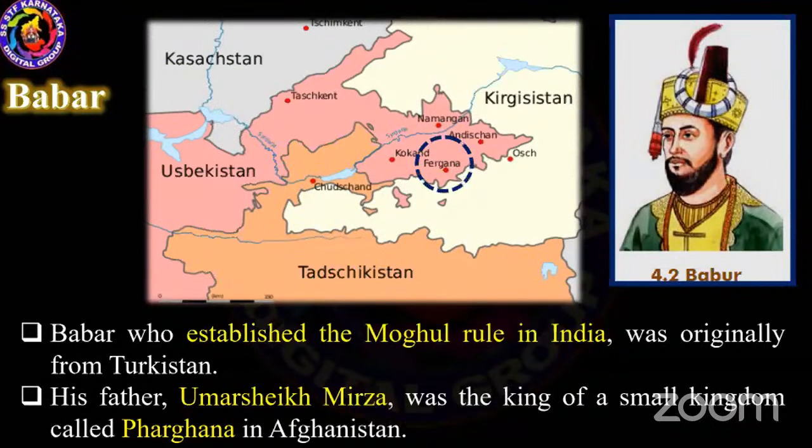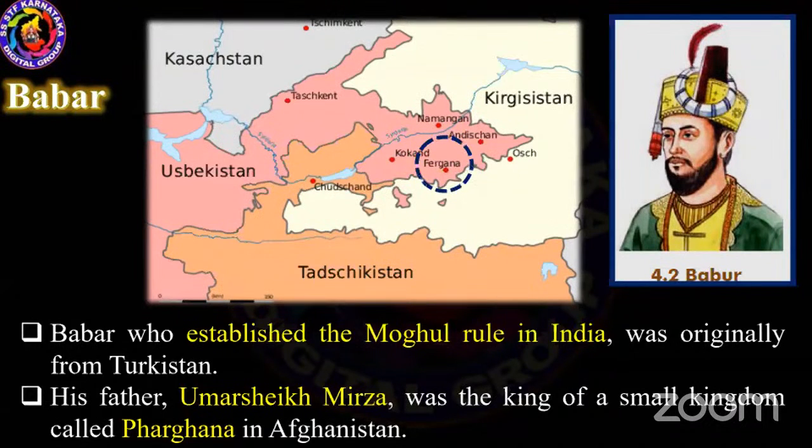This Babur was from Turkestan, especially the Fargana place of Turkestan. His father's name was Umar Sheikh Mirza. He was the king of a small kingdom called Fargana in Afghanistan. But after the death of